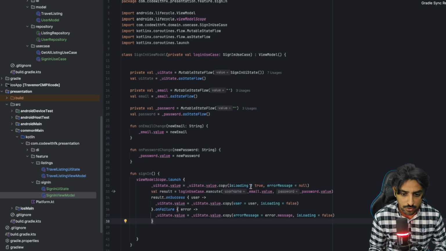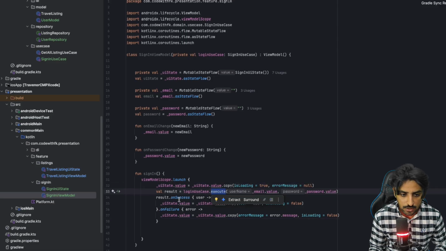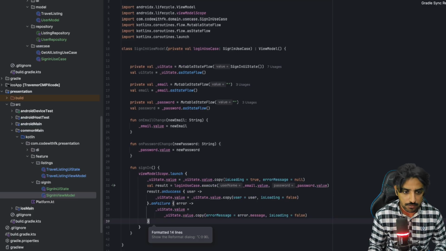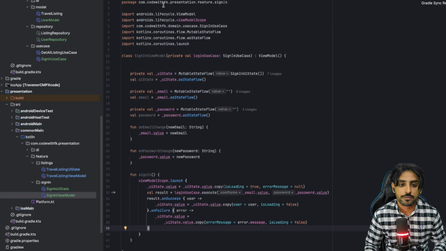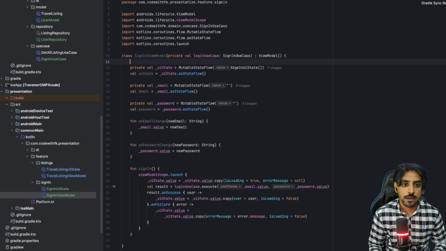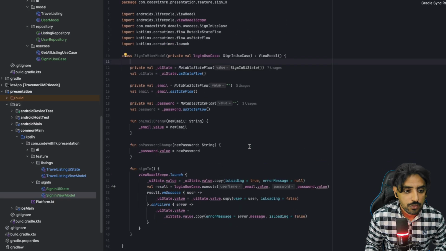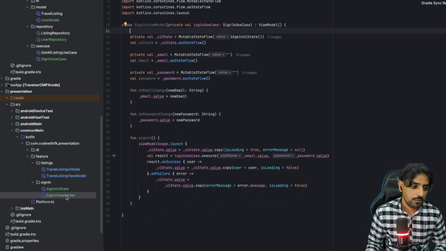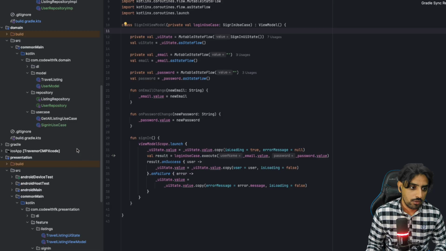So first thing is that the loading should be there, error message is null, then we'll execute it, and then basically on the successful case we'll show something like this, on error case we'll show something like this, and that's that. I believe that's pretty much what we need. Okay, so the flow is there, and now we need to use this view model along with the UI